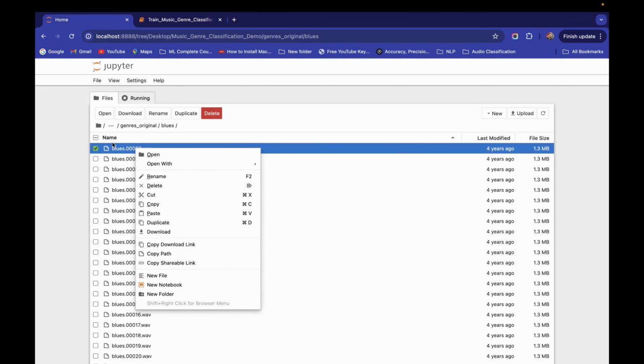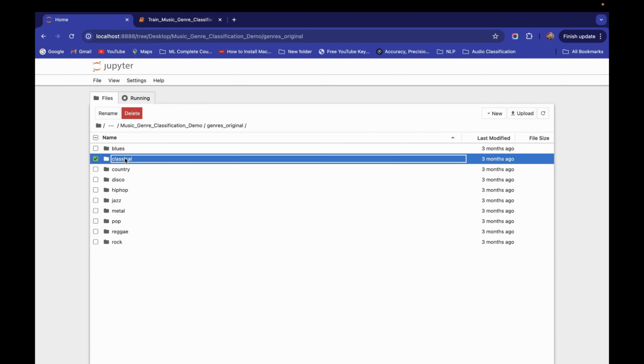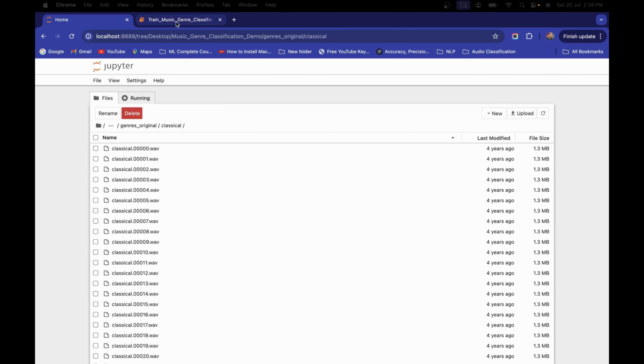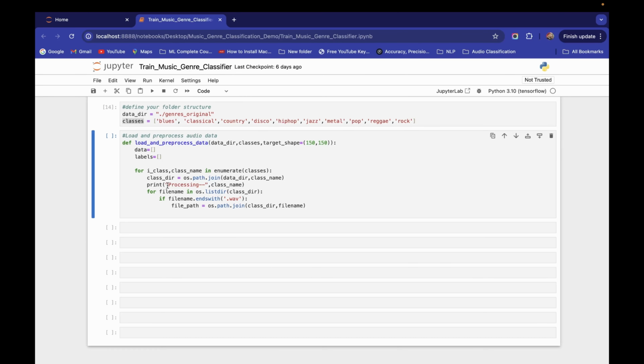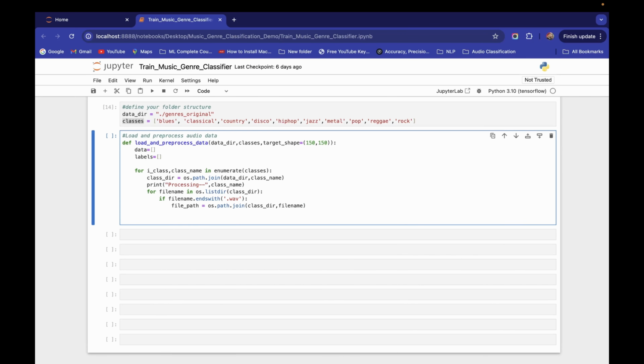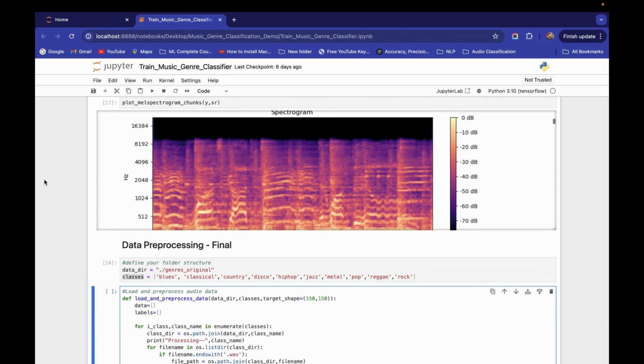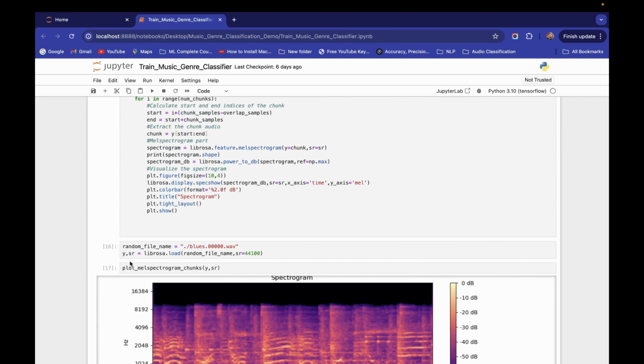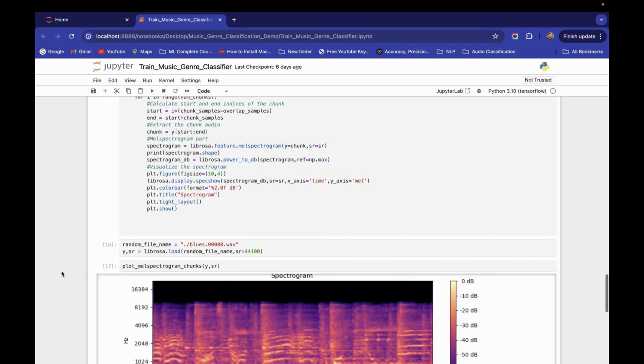Same for the others; if we go inside, it is the same for all files. As we are iterating over each class, and also over each file present in those classes, now we will do the same thing we have done earlier for each file. So we will compute this y and sampling rate.